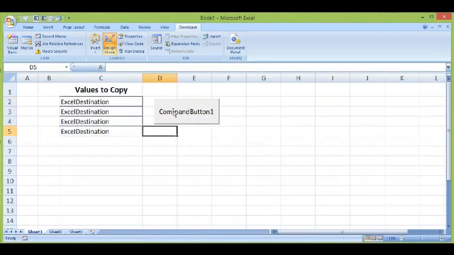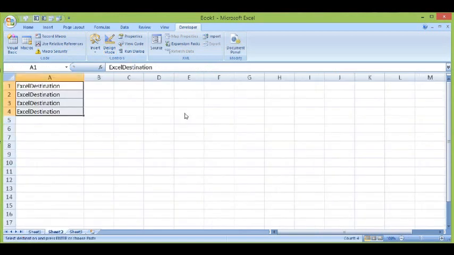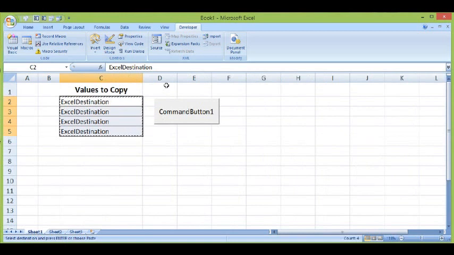Now I will click on the button. This time button is in design mode, so I will click on the design mode again and click on command button. We can see that data has been copied from sheet 1 and pasted on sheet 2. So this is how we can write some code on the click